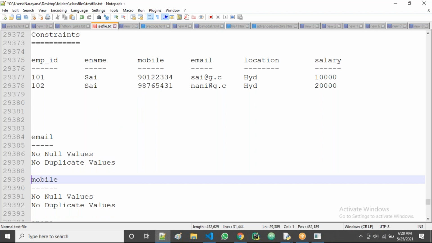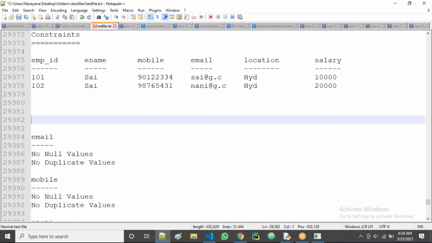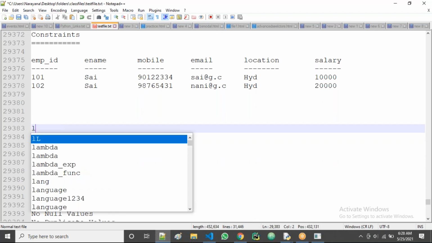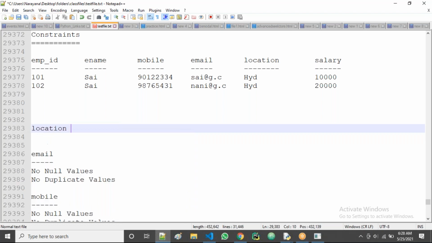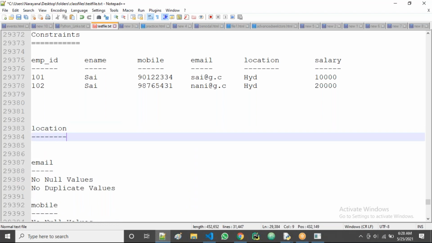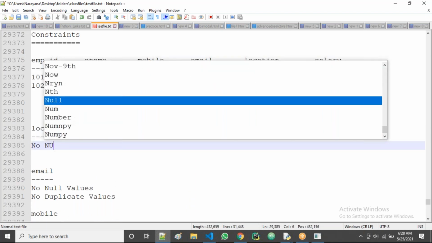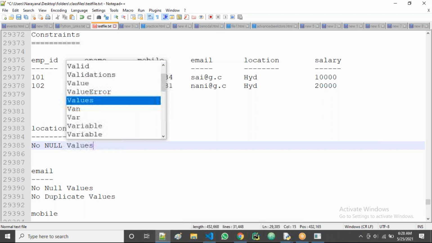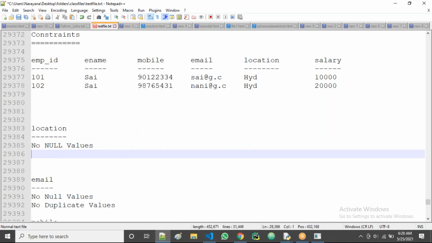In case of location, here also I don't want to allow null values. At the same time, tell me now, can location have duplicates or not, guys?